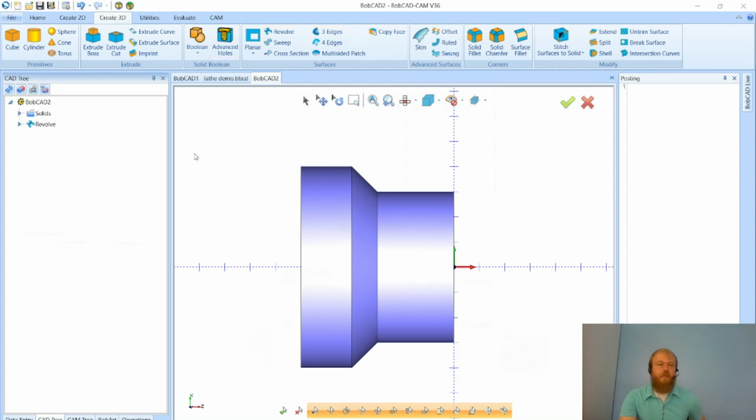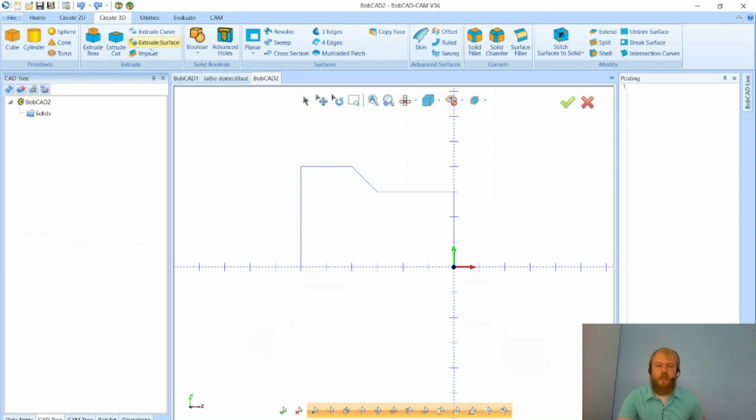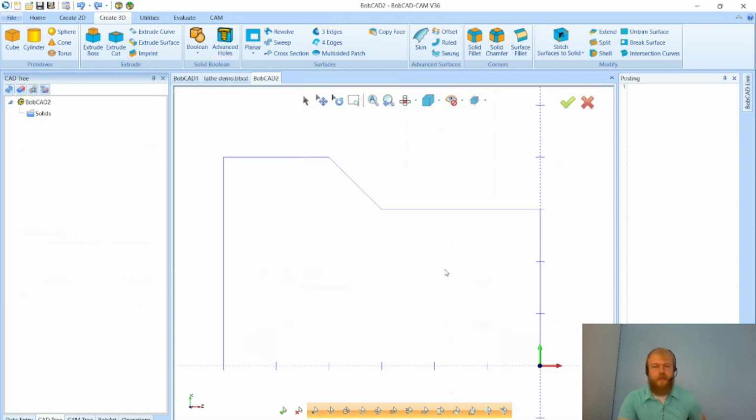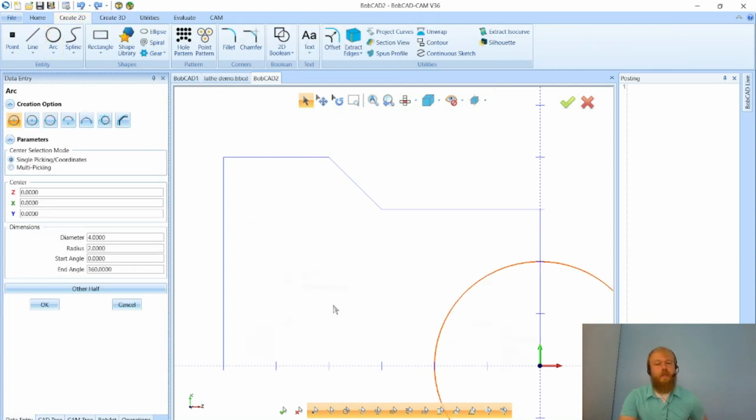Get rid of the solid model by just hitting undo at the top. Go back to our wireframe here. This is what I usually use for all of our turning operations because we don't need any solid models or any surfaces to program from. We need wireframe to program from in the turning there. So I go to create 2D, go to arc, and instead of sketching a circle,